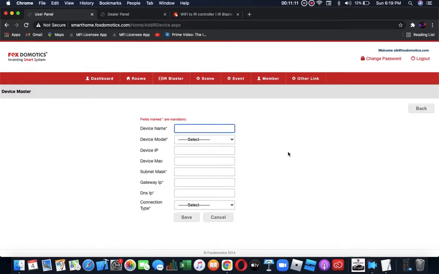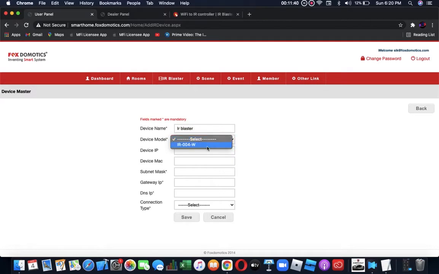When we are adding a device, since these are Wi-Fi devices, we need to put the IP address and all the different details. We give a name to this device, that is IR Blaster, and obviously where it is installed, we can give that name also.